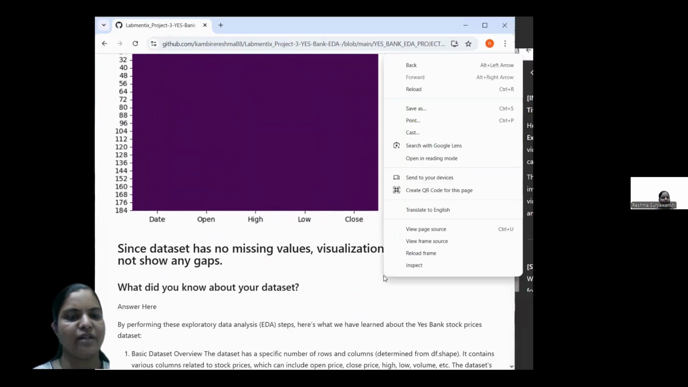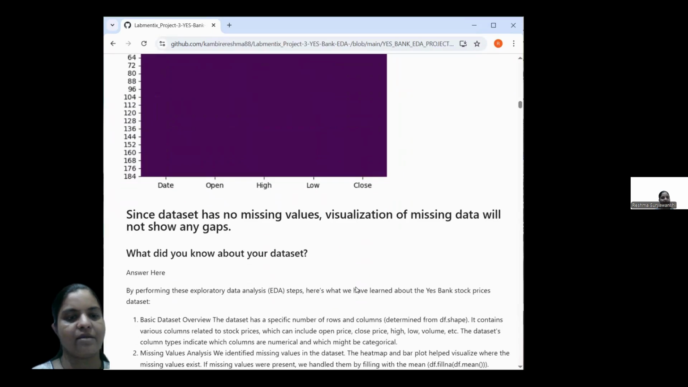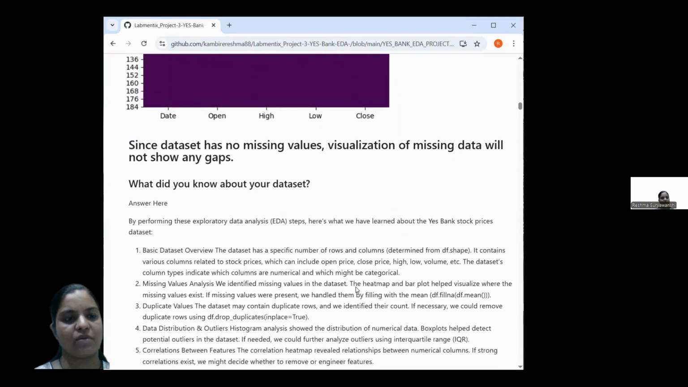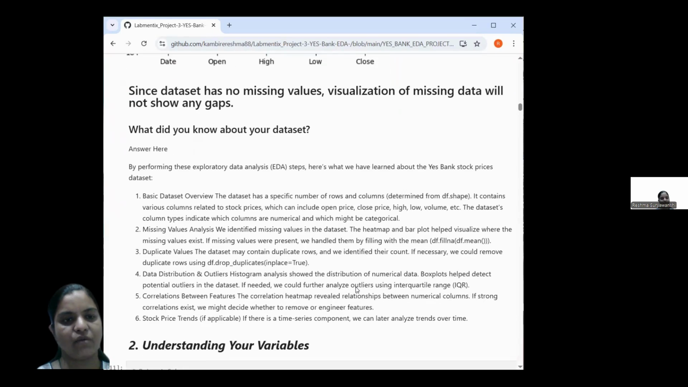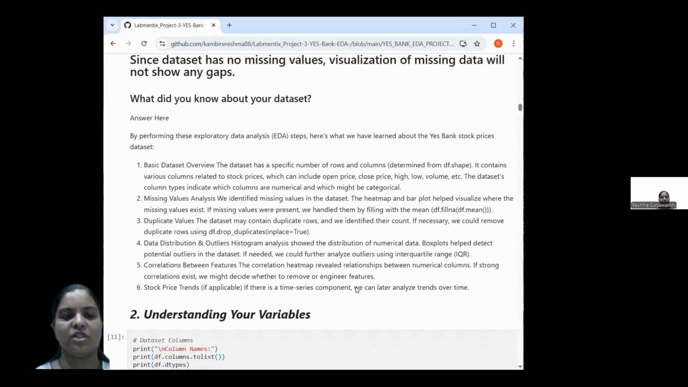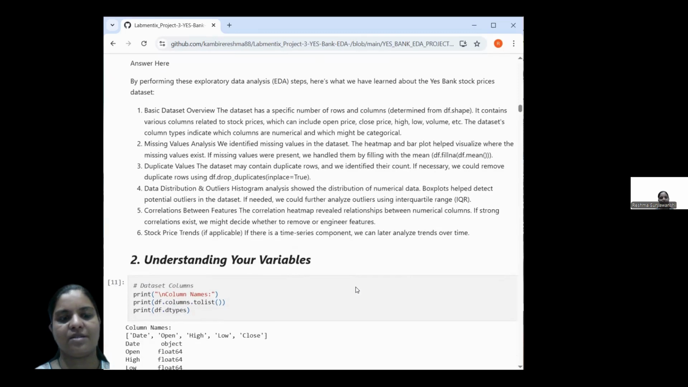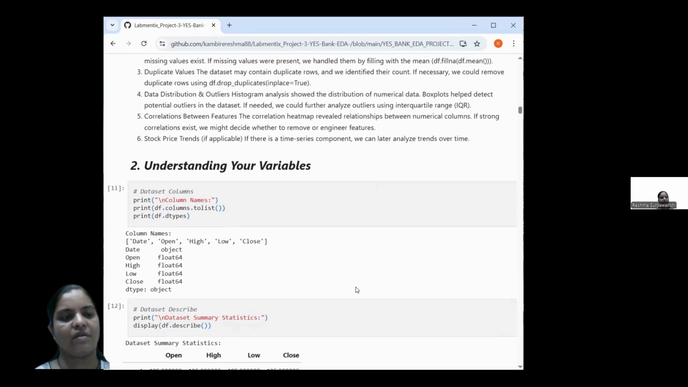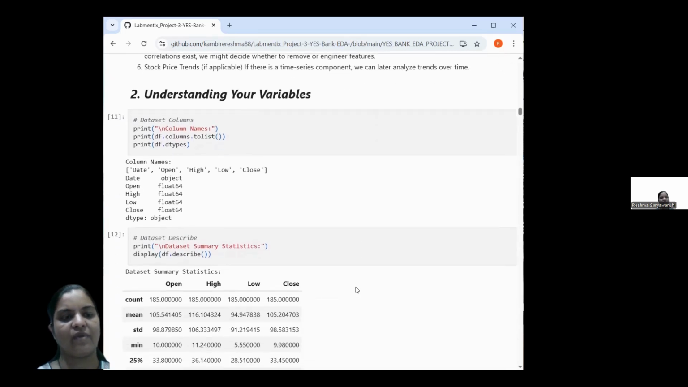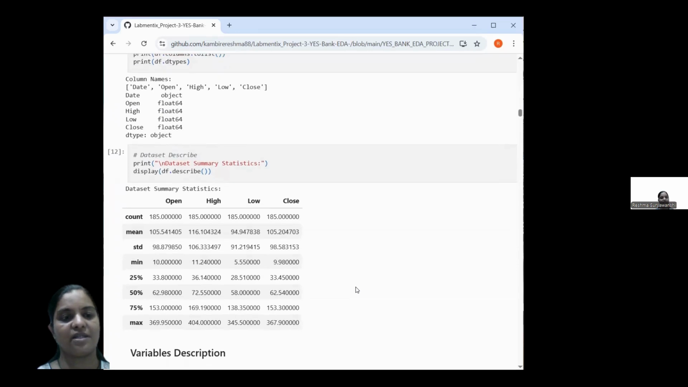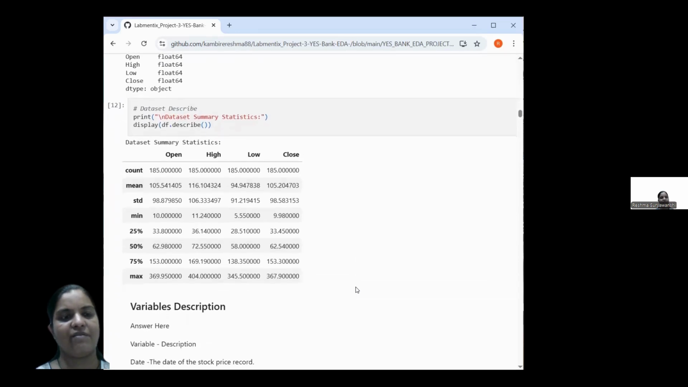So, what we learn about our data by performing EDA: here we learn about the Yes Bank stock price dataset. Its basic dataset overview, missing value analysis, duplicate values, data distribution and outliers, correlation between features, and stock price trends. Now understanding our variables. For dataset columns, we will get the column names. For the dataset statistical summary, we will use df.describe,